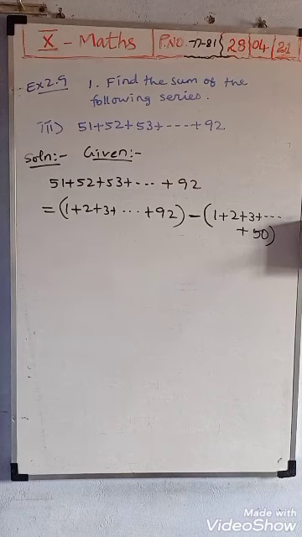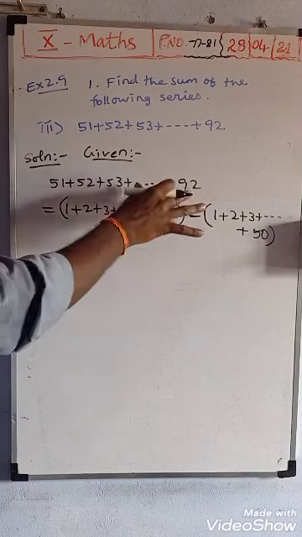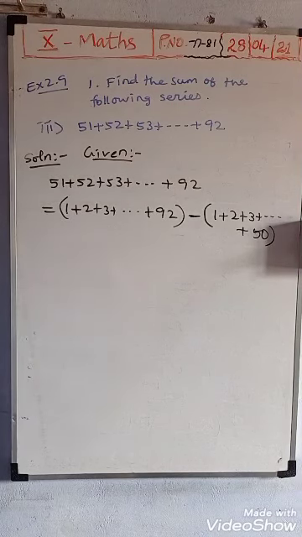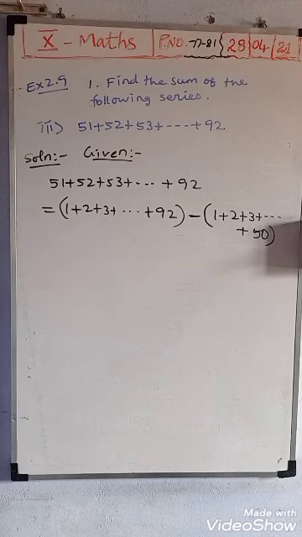Okay, what answer? 51 plus 52 plus up to 92 you should add. What answer will you receive? The same answer you will receive. Understand? So this series you can change and write like that. First I will add all the natural numbers 1 to 92, then I will subtract the missing terms, and I will receive the answer to the given question. Now the example sums are also like that. First they have split it like that. After that we can apply the formula.